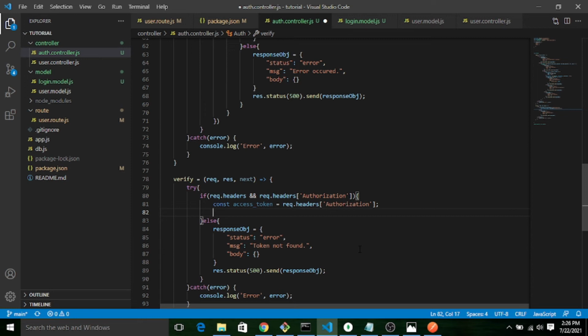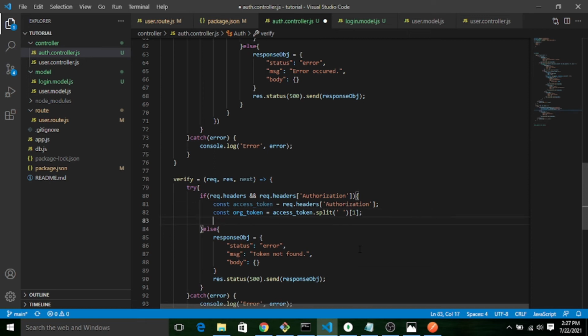Now we can fetch the pure token. Let's say original token equals to access token dot split one.